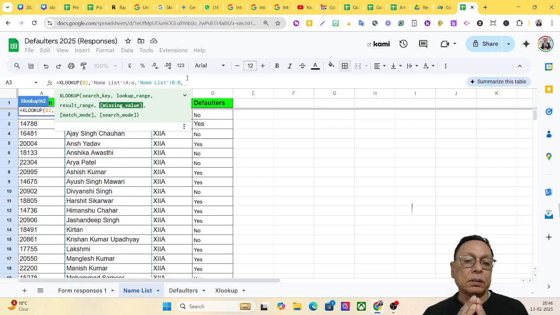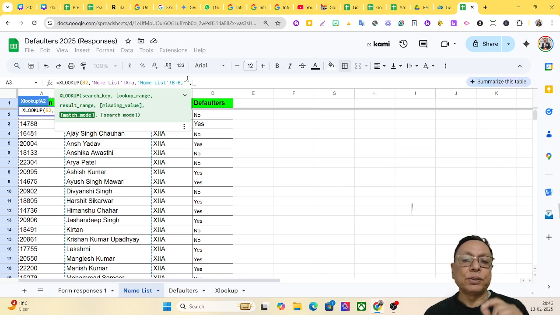This option tells us what to do if the value is missed in the range in which we are searching the value B2. If the key does not exist in that range, what should be done? We can apply ISNA, or we can give any message here. And this time I'm not going to give any message. I will keep it blank. So here this is blank, comma,